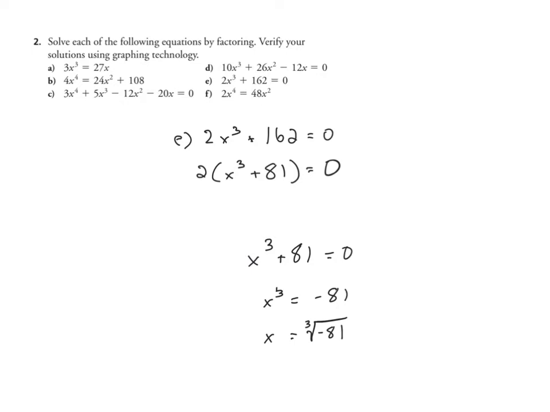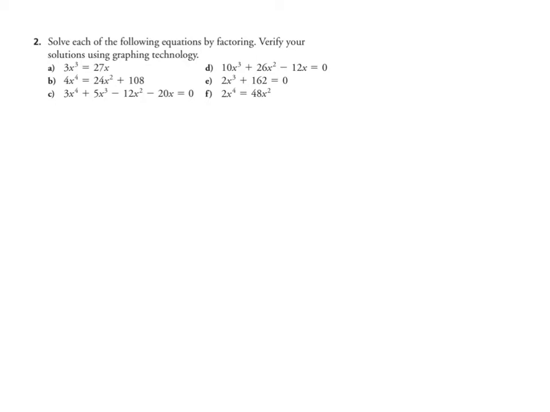And that's about 4 point something. So that is our answer, the cubed root of 81. 2 will never equal 0, so you don't have to worry about that. The only way to make this equal 0 is for x cubed plus 81 equals 0, which means the cubed root of 81. So part F,